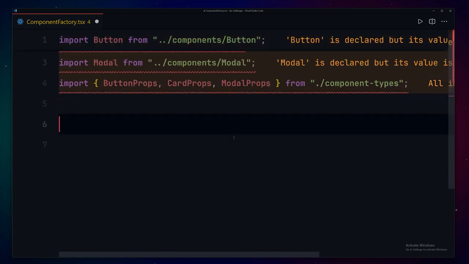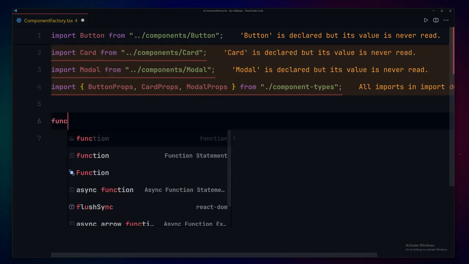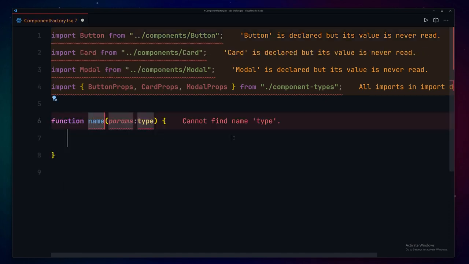Next, we have to define our component or factory component. So now let me just go back, and here I'm going to just define my function, and this function will have the name of like component factory. You can basically give it any name that you prefer. And I'm going to just provide my config, because it's going to take a configuration. And now we are going to be passing a type of component config, which we are going to be creating